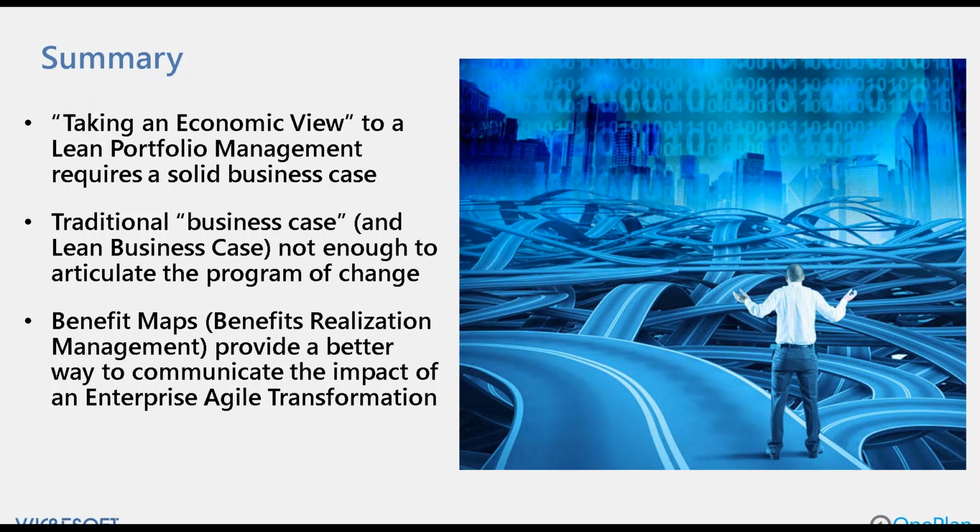Especially since we're talking about new concepts that management is not really that familiar with, we're going to have to be very specific in terms of identifying what is the change and how we actually achieve that change and what are the benefits. From a costing standpoint, that is probably easier to identify because there's